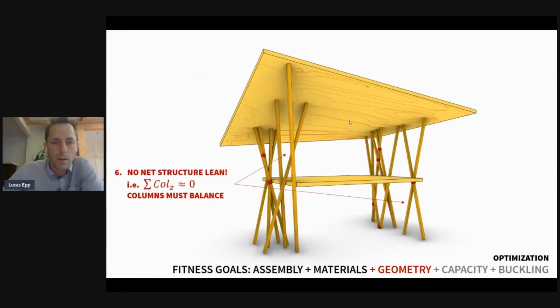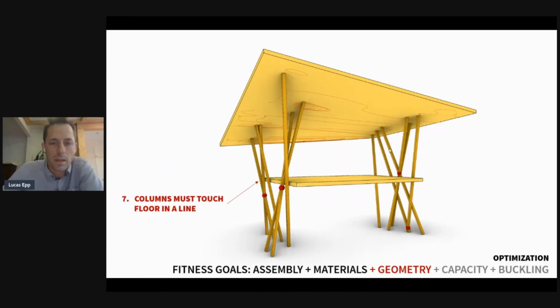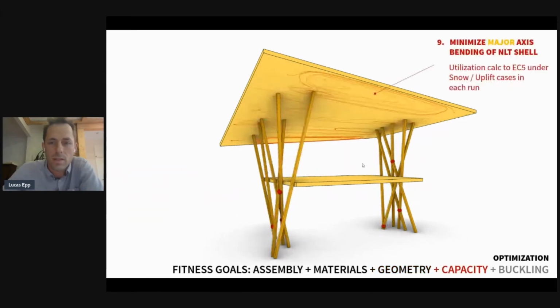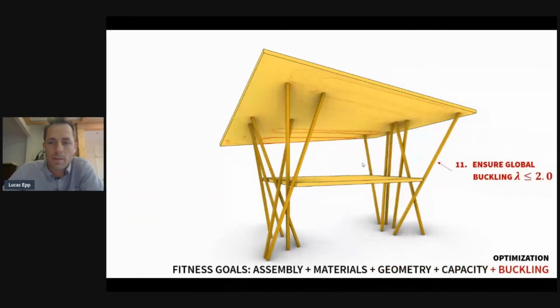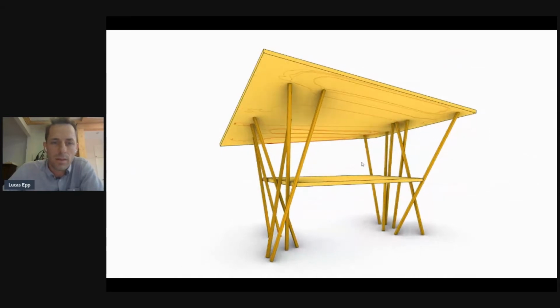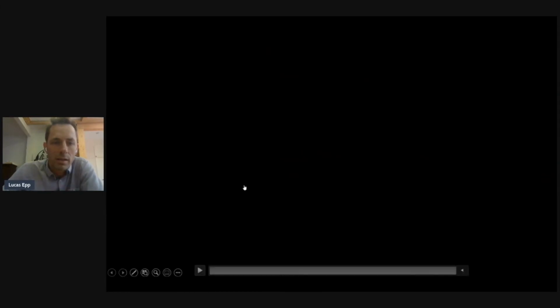And then we say that all the columns must have no net positive lean. You don't want the structure to fall over under its self weight. And then so you put all these constraints in place. And what happens once you do that is you're left with kind of this optimization technique, which allows